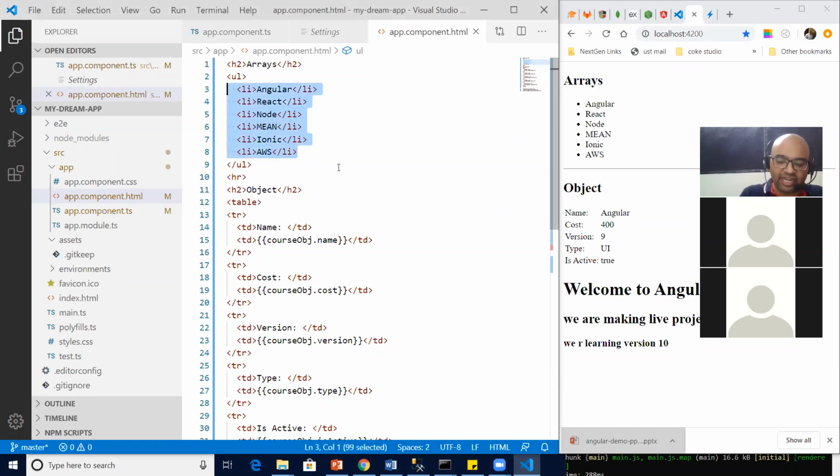Because this is a failed idea. This is a static scenario, static value. Every time a new course comes, I need to add it over here statically, and then I need to give a build to the entire site. Again, I need to deploy the whole site one more time. Again, one more course gets added. Again, I need to deploy the site. This is dynamic, so I need to print it dynamically.